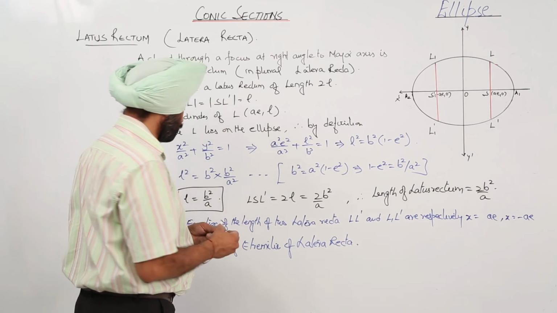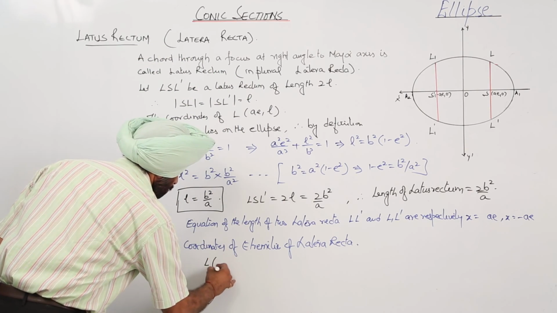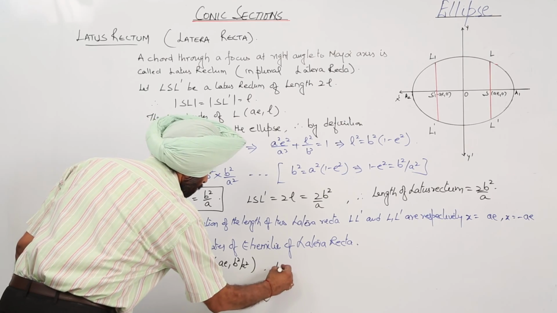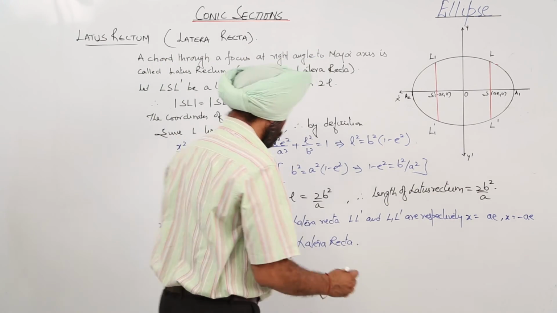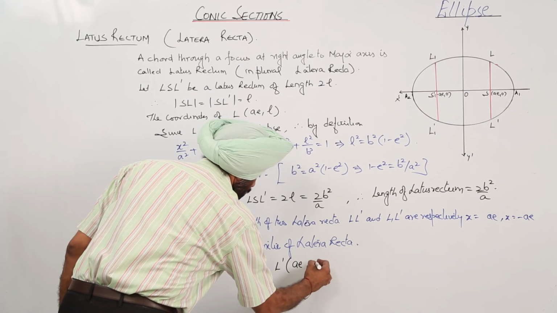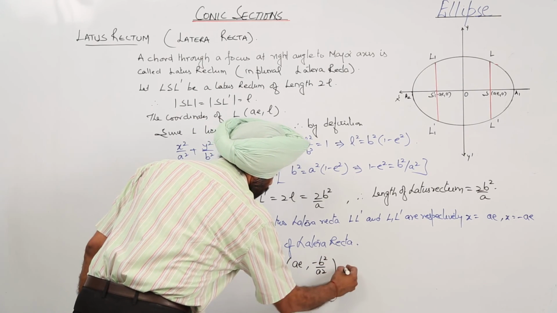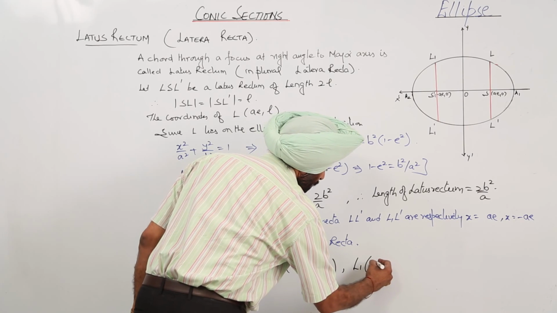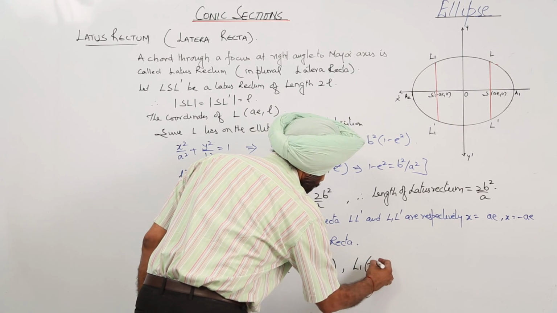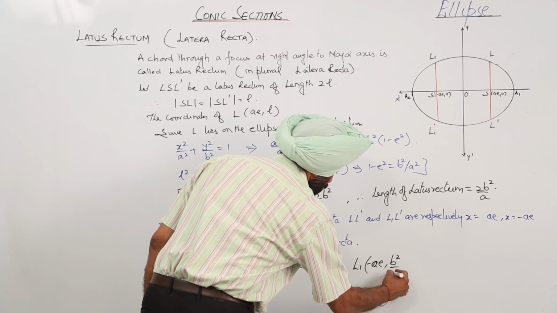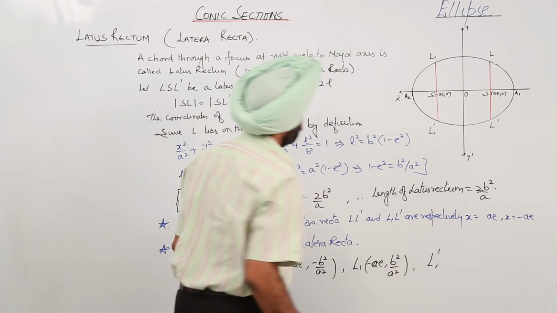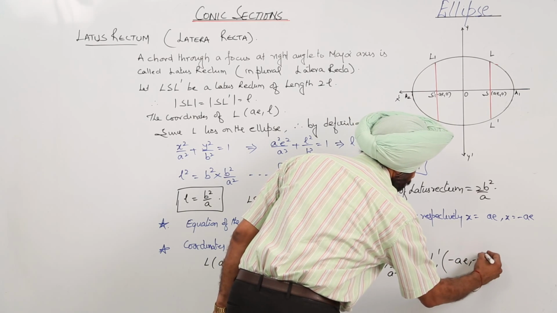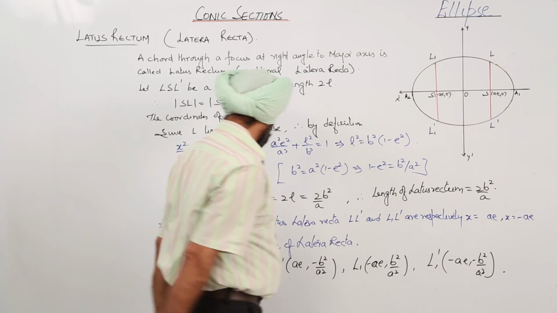So we are having here now, first of all with L, coordinates of L will be AE, B square upon A square, L dash for this part, AE negative of B square upon A square, then L1 will be negative of AE, B square upon A square and L1 dash lower one, it will be negative of AE, negative of B square upon A square. So this is all about the